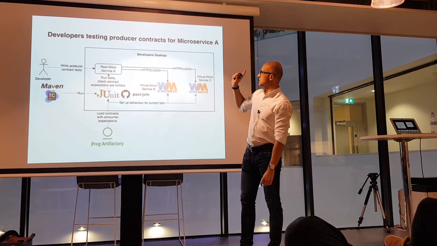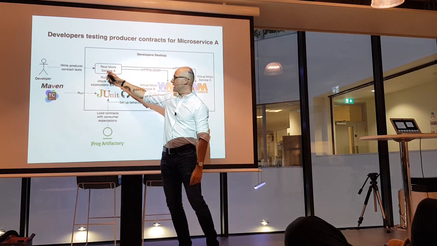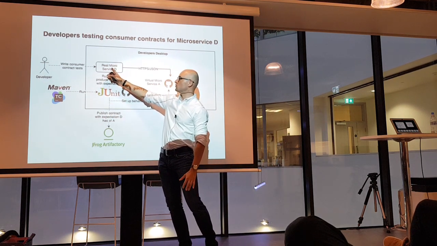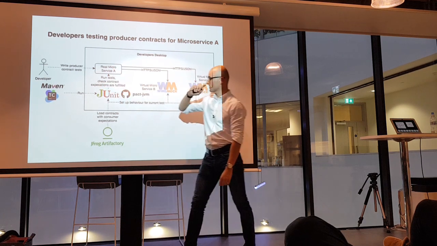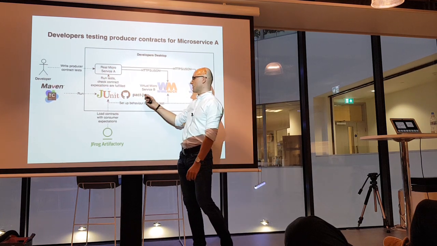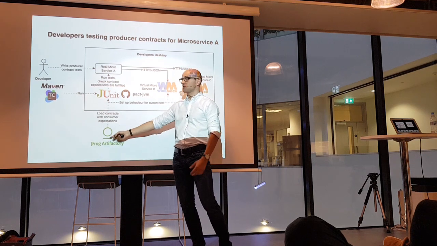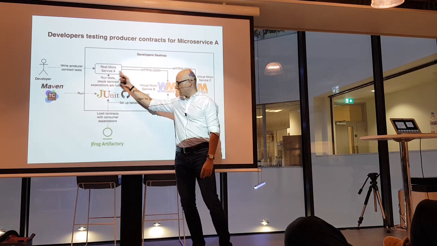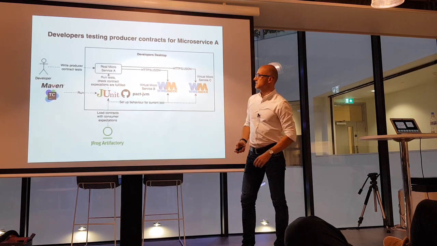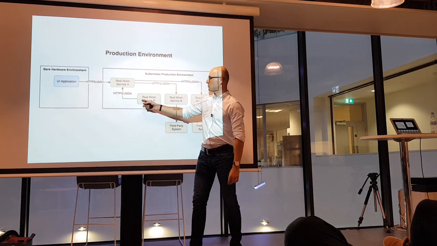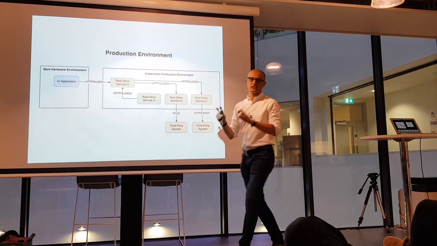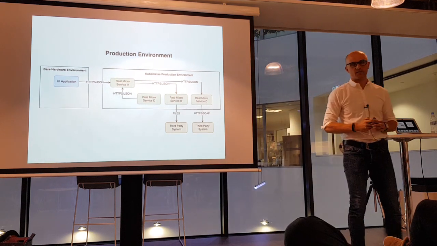And then on the other side, so real microservice A, so we had microservice D was the consumer of those APIs, so this is the producer of the API, which was microservice A, uses again the same framework, pulls those artifacts or definitions of those contracts, they get run, and make sure that, if we go back to this diagram, this producer-consumer contract is actually satisfied according to developers.